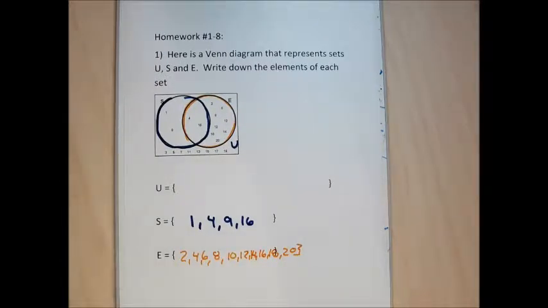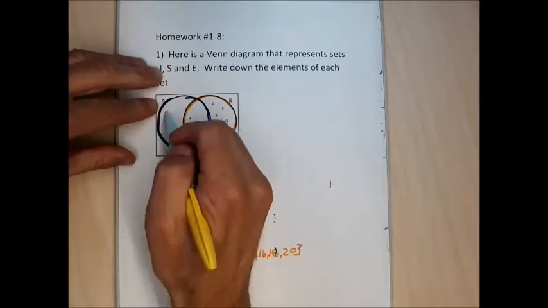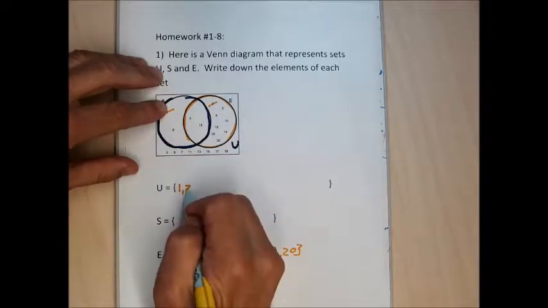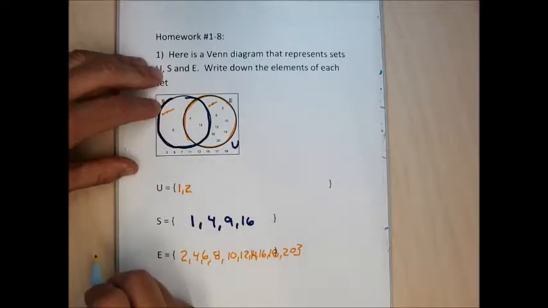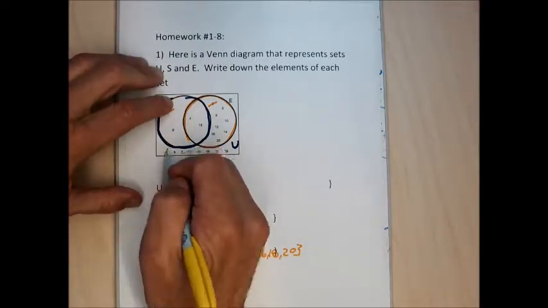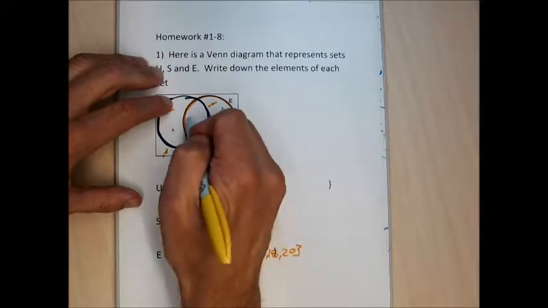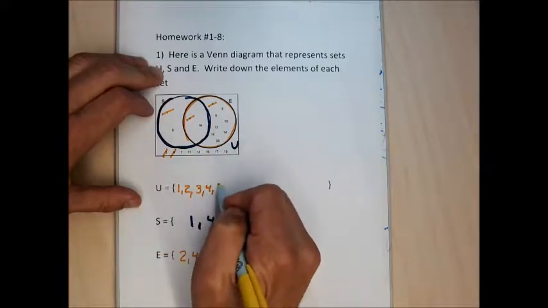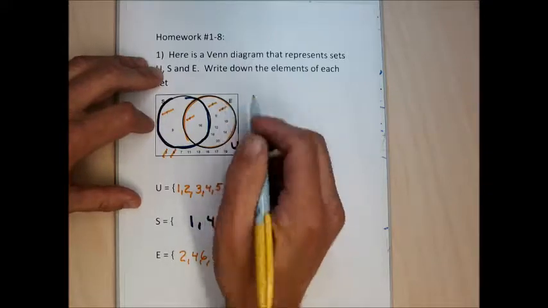The universal set is any number that's in any part of this picture. All the numbers in the circles along with all the numbers in the rectangles. I think, let me just do them one at a time. There's the number 1, 2. I think it's all the numbers between 1 and 20, but I'm just going to mark them off as I find them. So 1, 2, 3, 4, 5, 6,